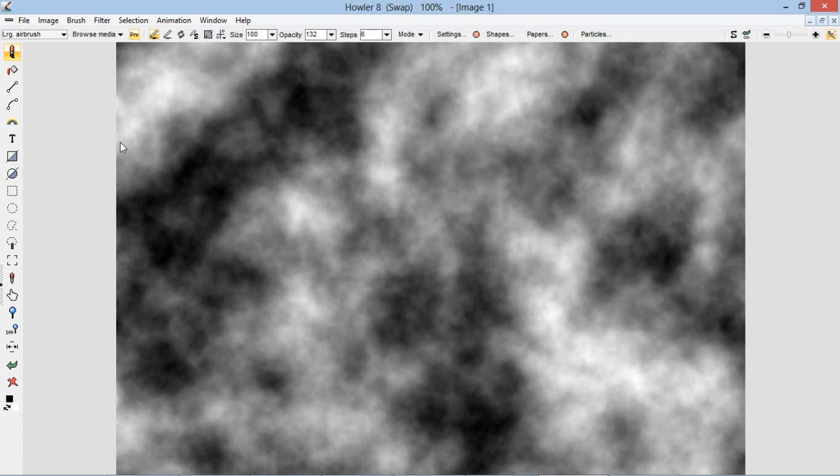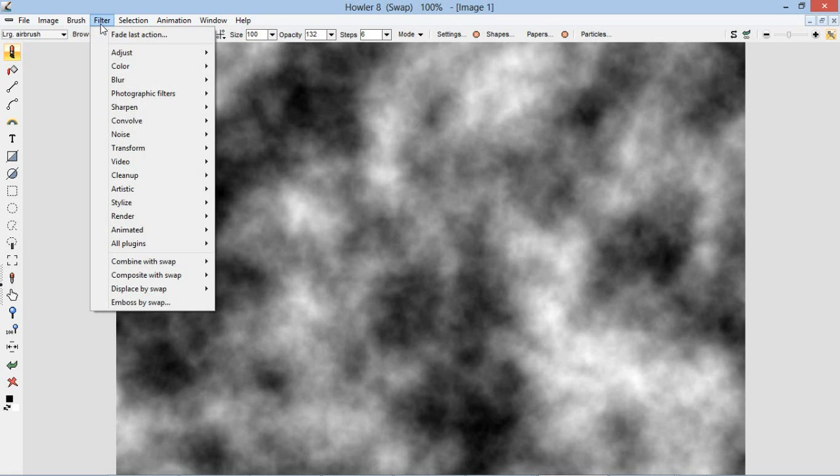So I'm going to use that swap image as a displacement map for this image we're looking at now. I'm going to go to filters and displace by swap. And this basically uses that swap image, that other image we have, as a displacement map. And there are different ways you can do this. Regular displace, we just take the pixel values in that image and use that as a literal value to displace the pixels in this image. But there are some other more interesting